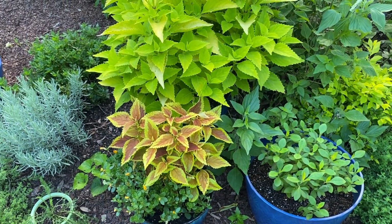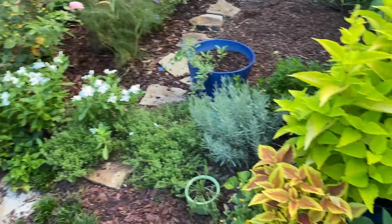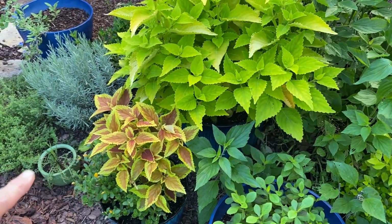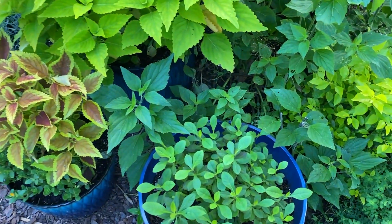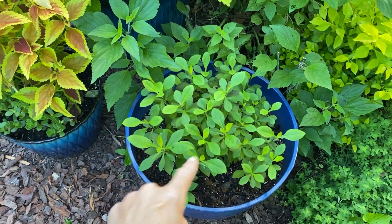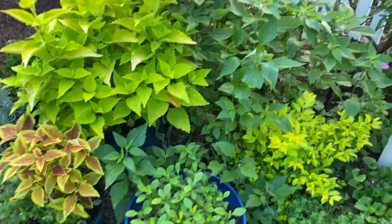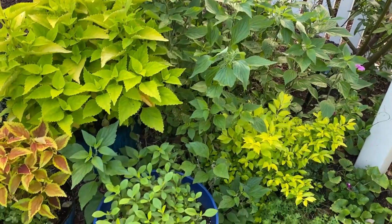That color combination right there. I like the different garden moments. And you know, that's just some coleus, and then also coleus, and then purslane right there. And this is more phlox. In this pot right here, this is a big phlox. I got some big phlox and some little phlox, and then salvia right here, Duranta right there, and